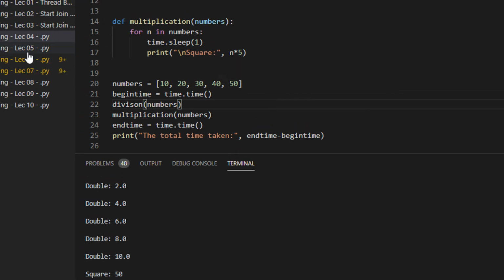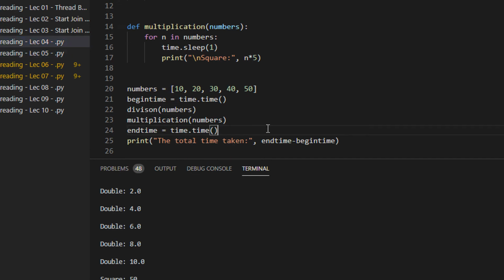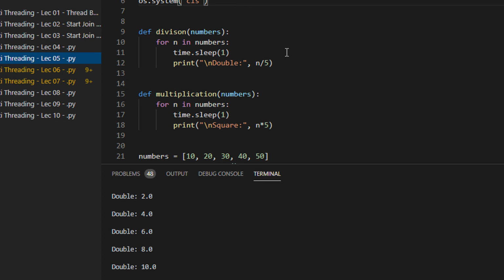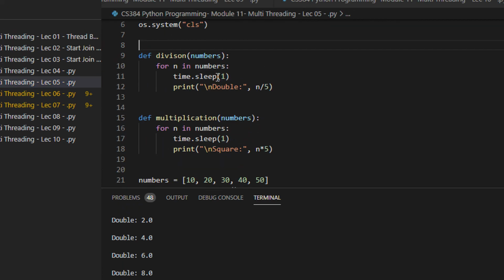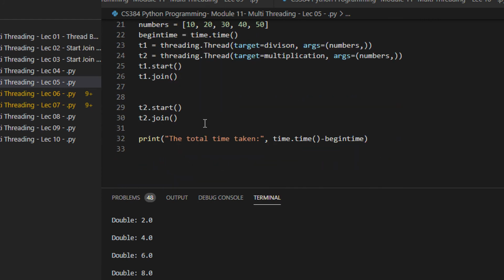And now we will see another program, the same thing, but with a threading implementation. So you can see I'm importing threading here, right? I have the same division, the same multiplication, same inputs, fine. And now let us do this.